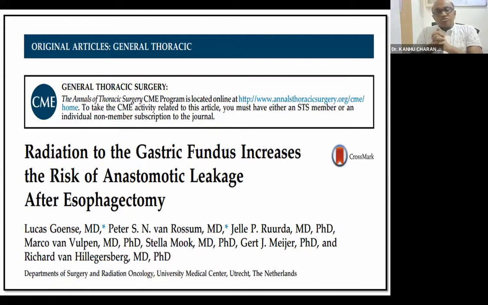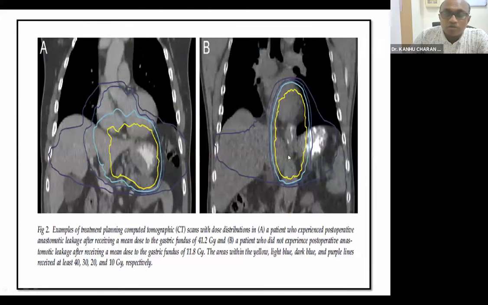Another thing is that radiation to the gastric fundus area increases the anastomotic leakage after esophagectomy. So if you are planning your plan for the CROSS trial, if your gastric fundus is receiving dose, it may cause some leakage. So how to handle it? There is gastric fundus target delineation and dosing pattern. Unless your gastric fundus is involved, you contour your fundus just below the GE junction, draw a straight line from the GE junction to the lower part, and contour around 2 to 3 centimeters of fundus in your coronal or sagittal section, and